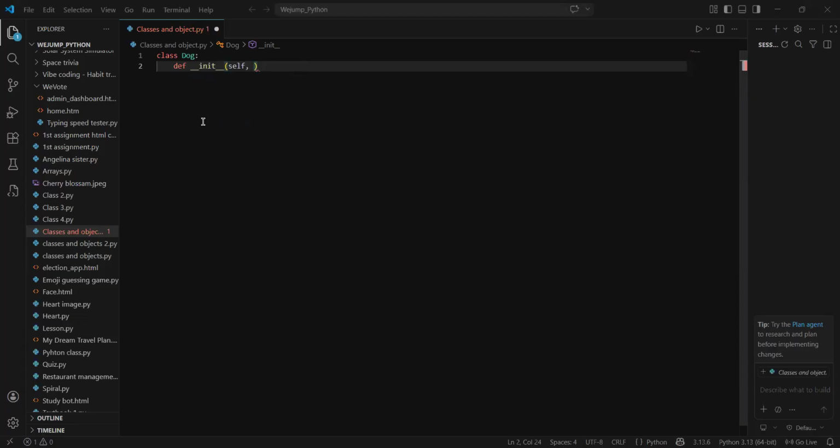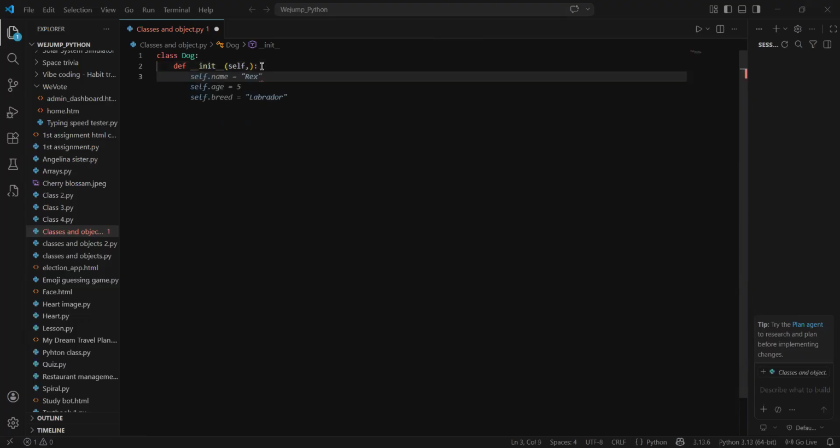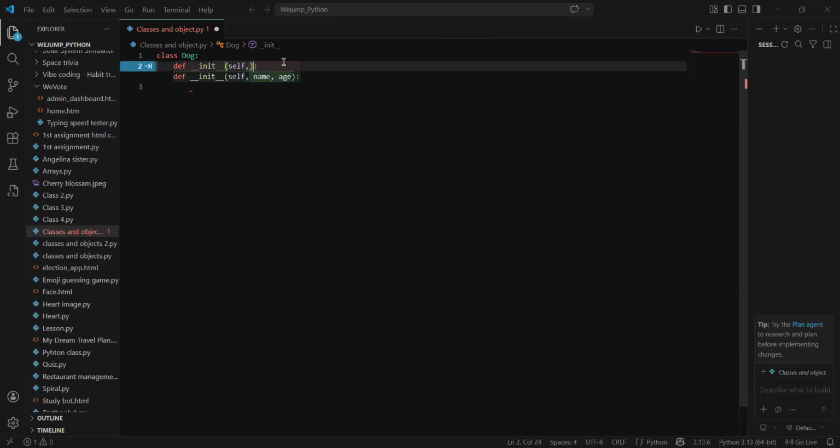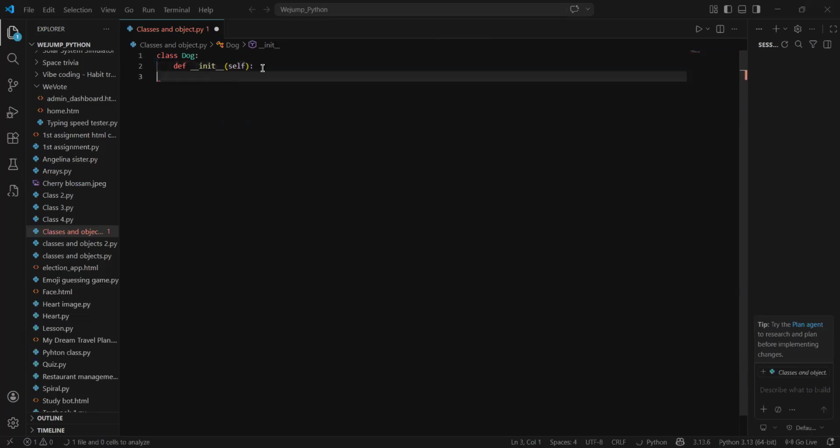Okay, I'll tell. So, a parameter is the name or a variable you give inside the parenthesis, like name, age, blah blah blah. So for now, we don't use parameters. We'll use attributes as the topic is about attributes. Attributes are the variables we use inside a class and not inside the parenthesis. So we create a variable self dot name